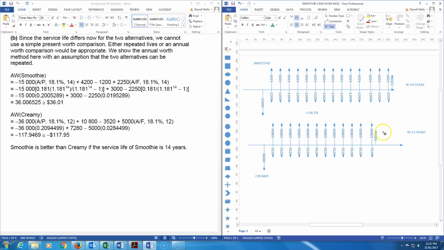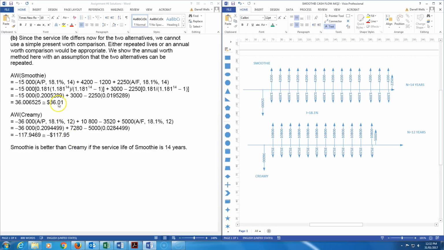We repeat the same process for the creamy machine. Draw out the cash flow diagram, show our revenues, our costs, our salvage value, and our initial costs, and again we convert everything to an annuity. We convert the initial capital cost of negative 36,000 to an annuity using the A/P factor. The 10,835.20 is already in terms of an annuity, an annual revenue net of costs, and our salvage value is converted to an annuity using the A/F factor. Same as we just did with the smoothie machine, we plug in the numbers using the original formulas, and it turns out that the annual worth of the creamy machine is negative